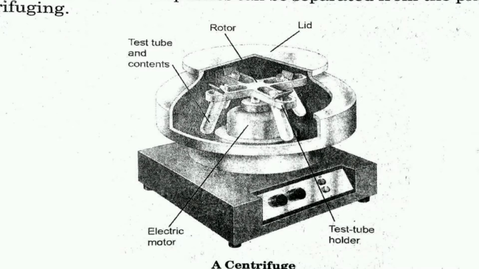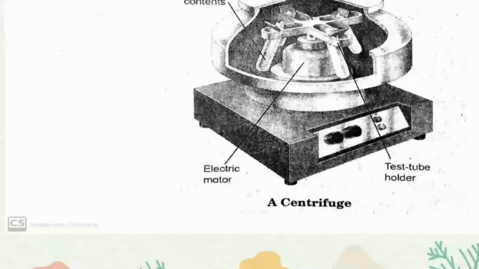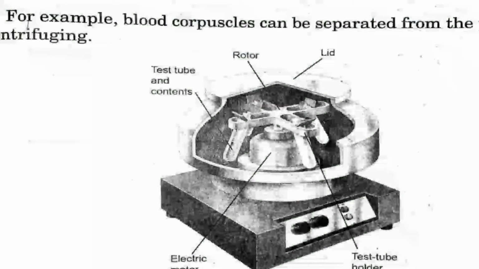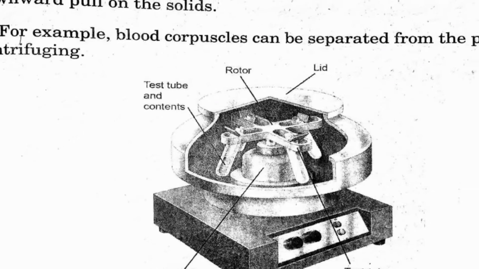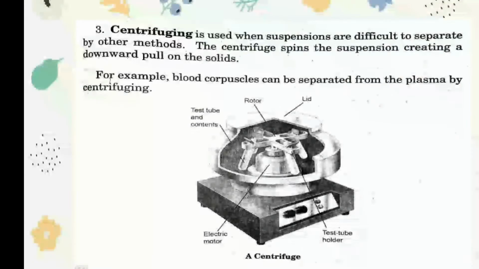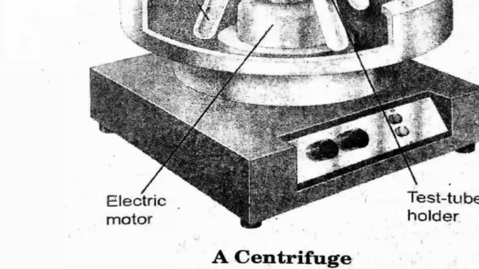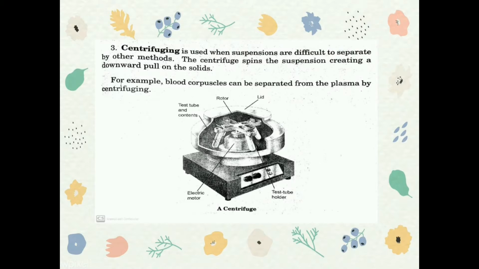So, itong ating electric motor, ang alam ko, nagsispin siya. So, nagkakaroon kami ng mga science exhibit, umiikot yan. Test tube and the content. So, yan nandito. Ito yung kanyang rotor at ito yung kanyang lid or yung kanyang pinaka-takip. So, iikot yan. So, ito yung kanyang parang controller or remote to spin or to separate it